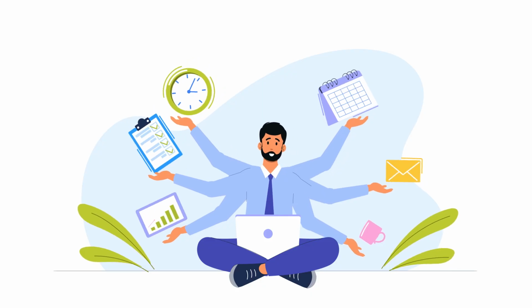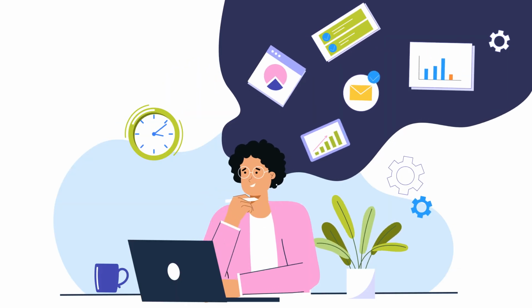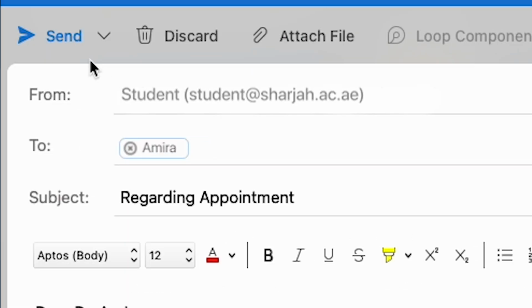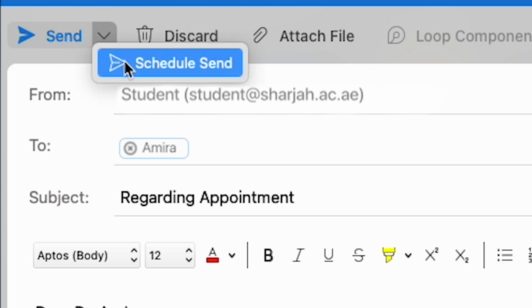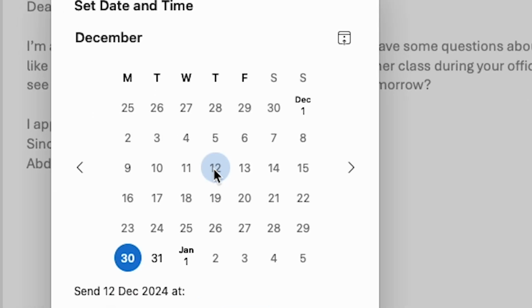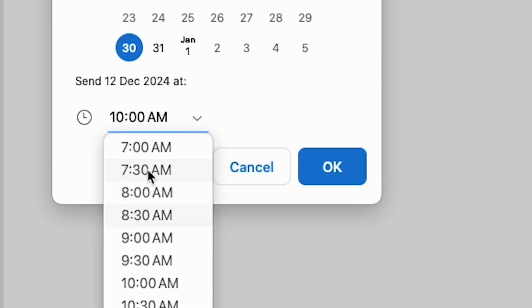Also remember that your professors are people too, and they have busy schedules, so please be considerate of their time. Email them well in advance if possible, and avoid emailing them at unreasonable hours. If you've written an email late at night, one thing you can do is not send it right then, but instead you can schedule the email using the schedule send function in Outlook. For example, you can choose to send the email at 8 a.m. the next morning, or you can choose the date and time that you prefer.